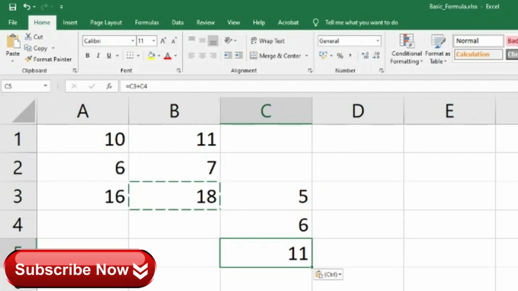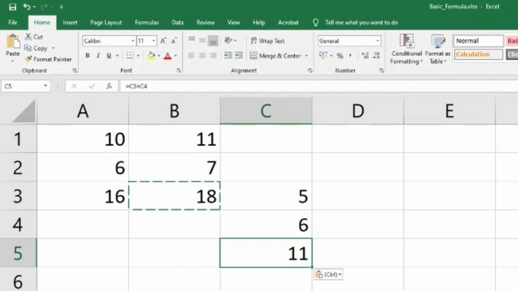So now what has happened is, when we move from A3 to C5, what Excel understood was that I have moved right 2 columns, that is from column A to column C, and I have moved down 2 rows, that is from row 3 to row 5. So now in C5, when we pasted the formula, Excel automatically referenced it.